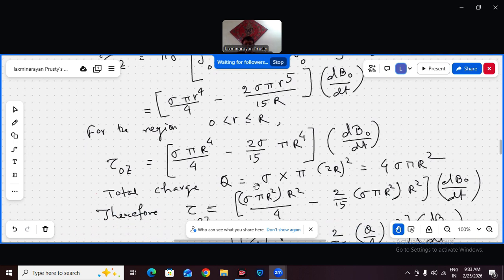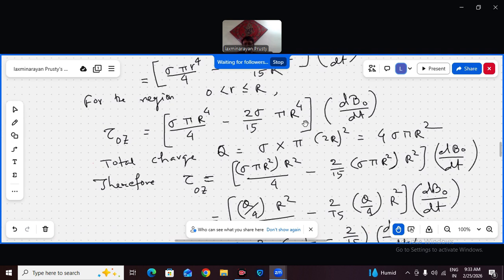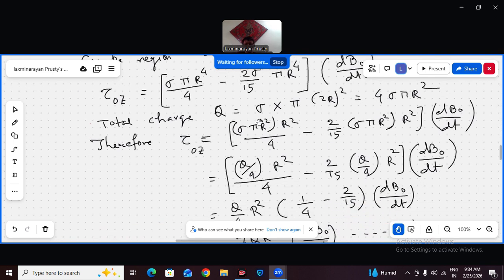Total charge, how much? Q is sigma into pi (2R) whole square. The radius of the disk is 2R. So 4 sigma pi R square. I want to express this in terms of total charge. So torque along OZ will be sigma pi R square into R square by 4, minus 2 by 15 sigma pi R square into R square, dB naught by dt. So sigma pi R square is Q by 4. So replace that: Q by 4 R square by 4 minus 2 by 15 Q by 4 into R square,